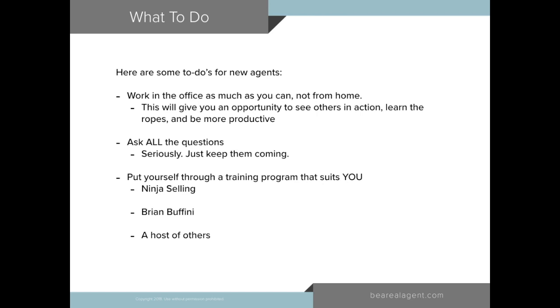Ask questions. And I mentioned earlier that I was going to recommend a couple of sales programs. Real is not a sales program in any way. So if that's something that you're kind of looking for and you really want some ideas on how to get some business and how to grow your business and learn some new methods, the best one that I've ever found is called Ninja, and it's kind of touted as a sales system for introverts. It's a fantastic program, and even some of the ideas that we've used in our database cultivation section come straight from the Ninja selling method, but it's really just kind of common sense backed with some science put together.